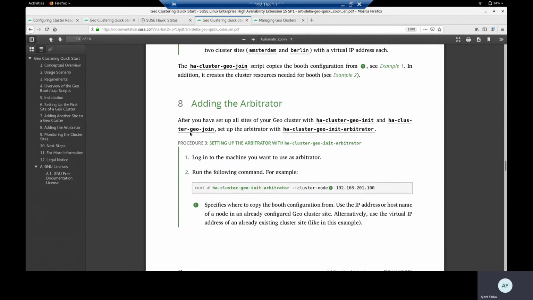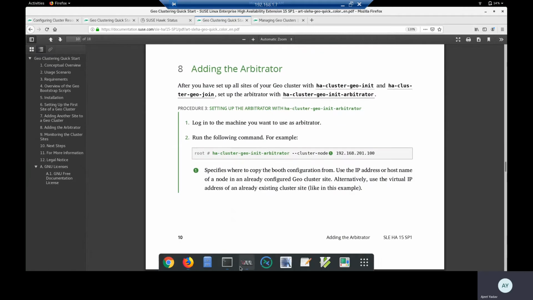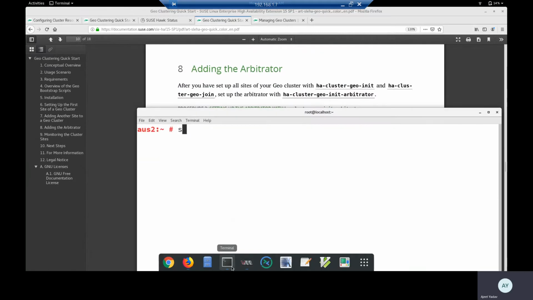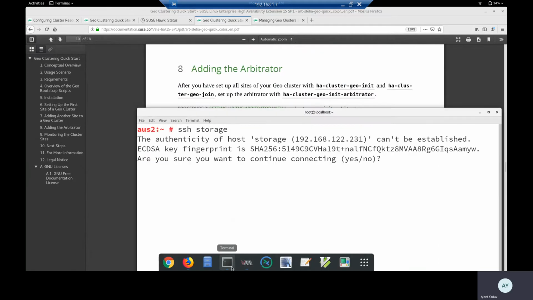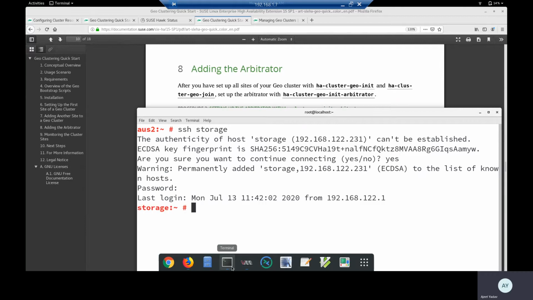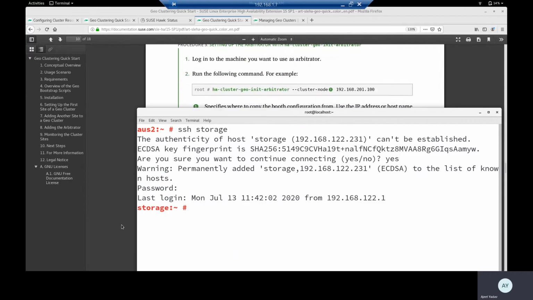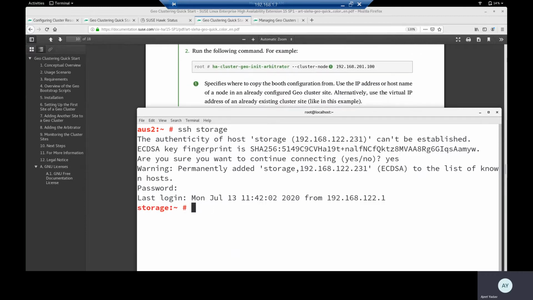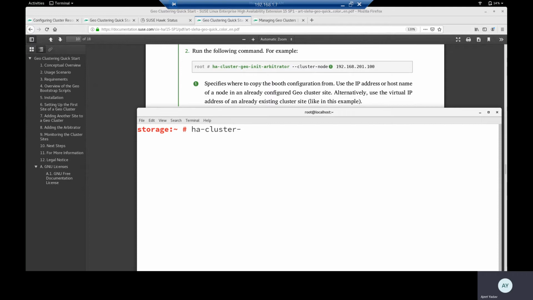That part is done. Now we have to go to my arbitrator storage machine and then run this command, ha-cluster-geo-init-arbitrator, and then the virtual IP of your first site, the failover IP of your first site.